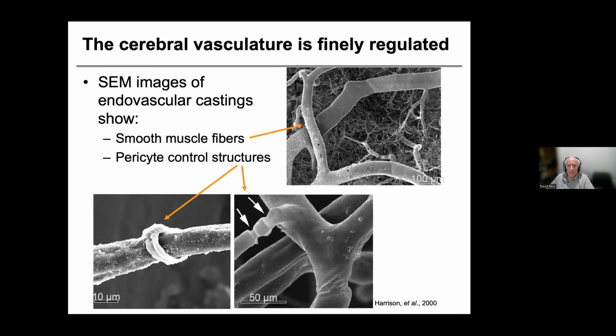So how is this done? How is this functional hyperemia managed? And this picture at the upper right shows an endovascular casting. So the endovascular casting is from a rat, and you make endovascular castings by